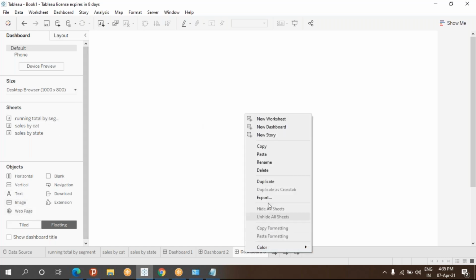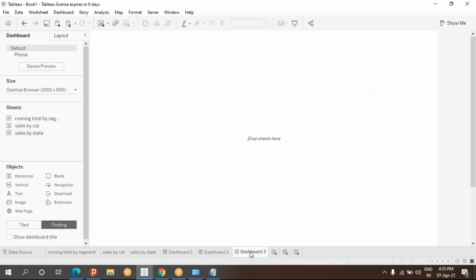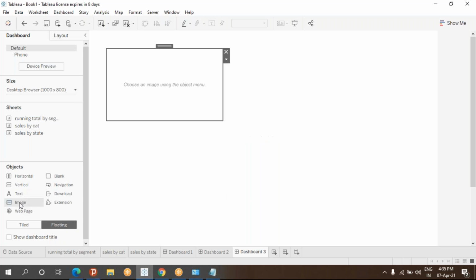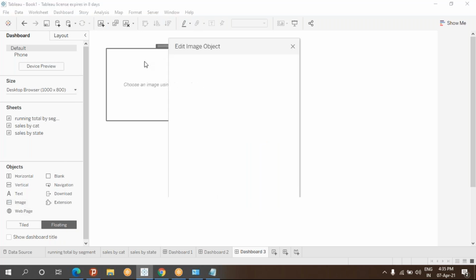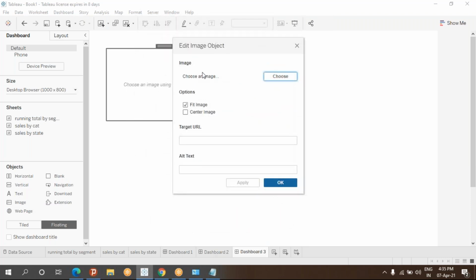So what I'm doing is again taking a new dashboard. I'm just taking that floating option. It will be better for me for this image. I will take image, which means I will double click on that. So automatically you'll get one pane here, and then you'll get this one option. Choose an image, click on choose.